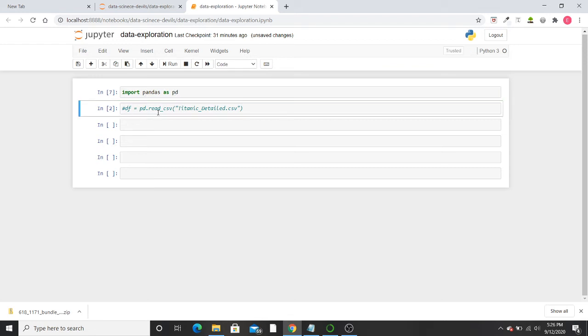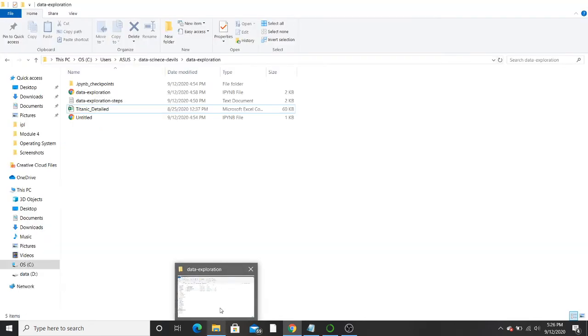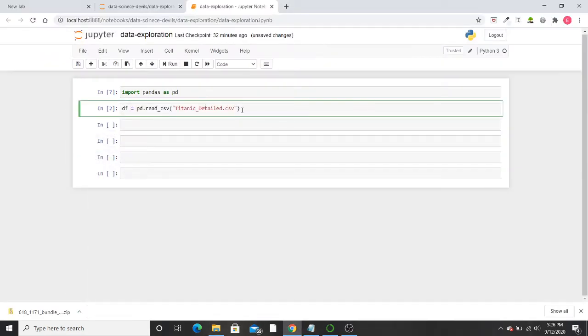Then the other step is simply to use this read underscore CSV function to read your dataset. I have commented it, so I'll uncomment. Now I have this dataset present, Titanic underscore detailed. So I'm simply reading this dataset.